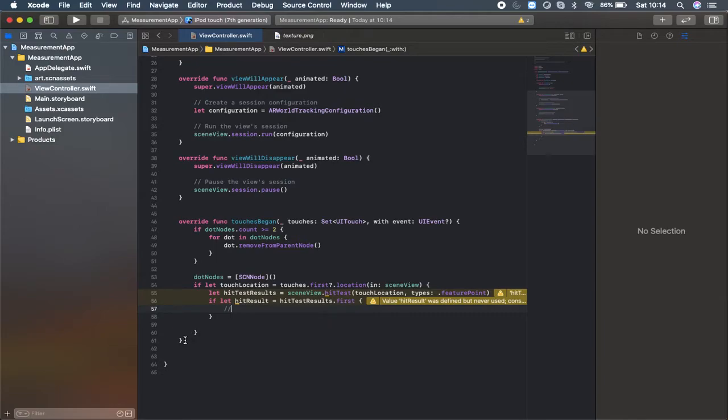Actually I will write it here outside this touches began. Let's say func add dot. So what I'm doing here is I'm going to add a dot at the hit result,